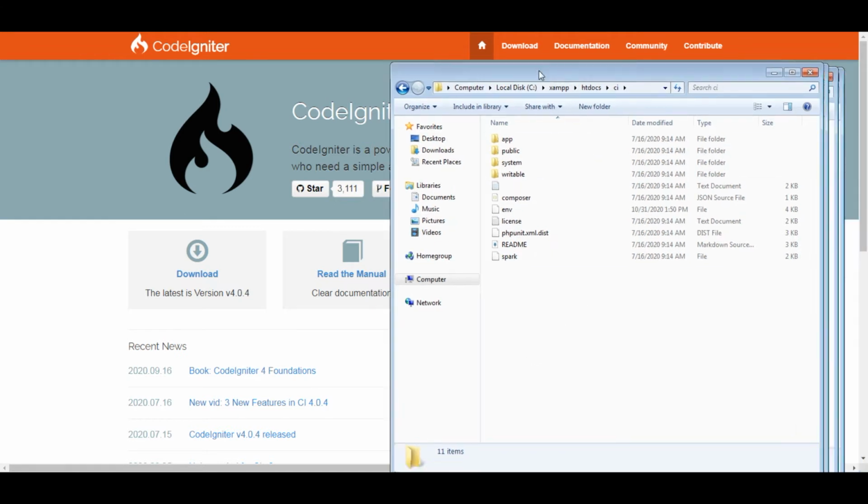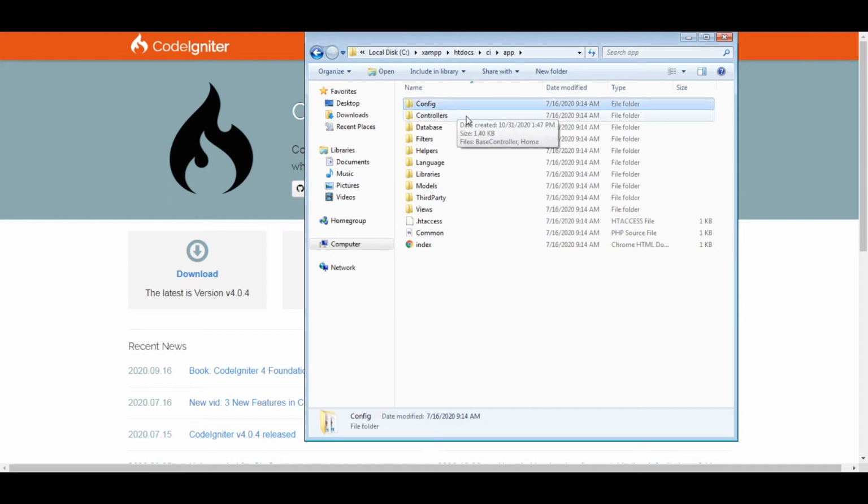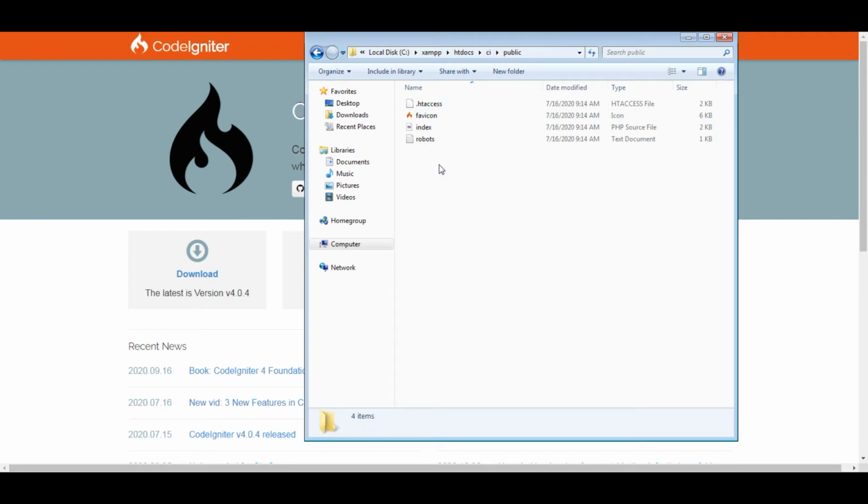This is the entire working structure of CodeIgniter. The app folder is the major folder. We work with the config, controllers, models, and libraries, which are all in the app folder. The public folder is the publicly accessible folder, which you can link directly with the URL.